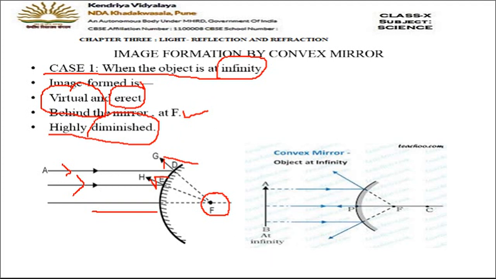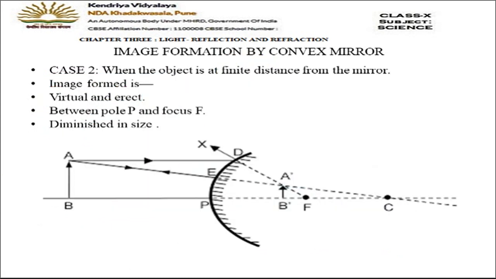Okay, let us try to understand diagram number 2 now. You can see here these are the two parallel rays which are coming. They will get reflected like this, and if you back trace, they will appear to be coming from point F. So the image is again formed at F, because the rays are not actually meeting, so it is a virtual, point size image, and the image is formed behind the mirror. So out of the two diagrams, any one which you feel comfortable and easy, you can draw.